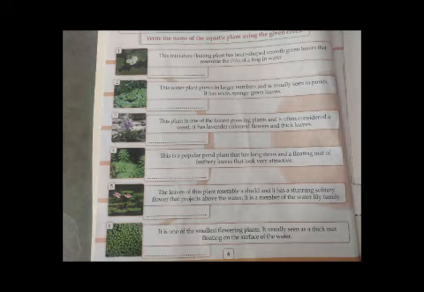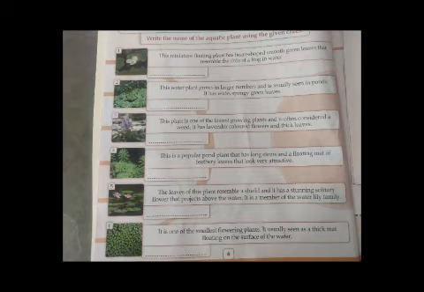So let's see the exercise part from the textbook. They have given some clues. We have to write the name of the aquatic plant using the given clues. So let's see the first one. Look at the first picture. This miniature floating plant has heart-shaped smooth green leaves that resemble the chin of a frog in water. So we have learned that this plant with heart-shaped smooth green leaves is called the frogweed plant. First one is frogweed. Second one.